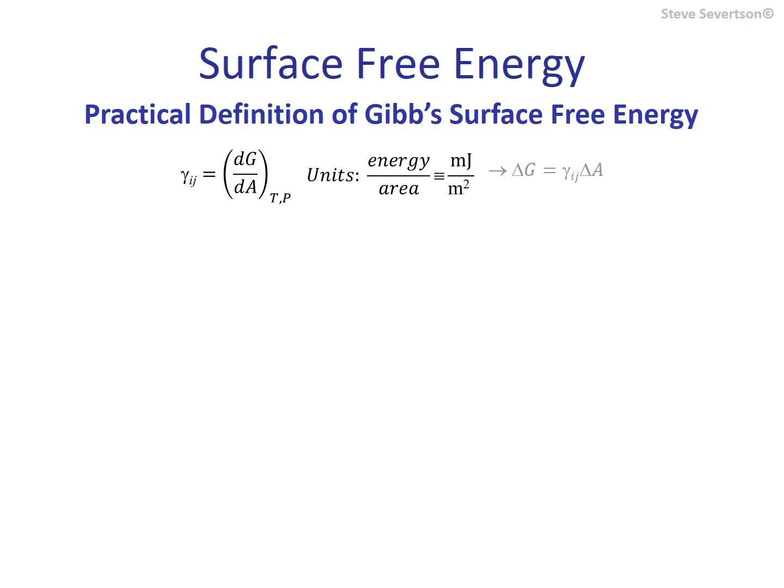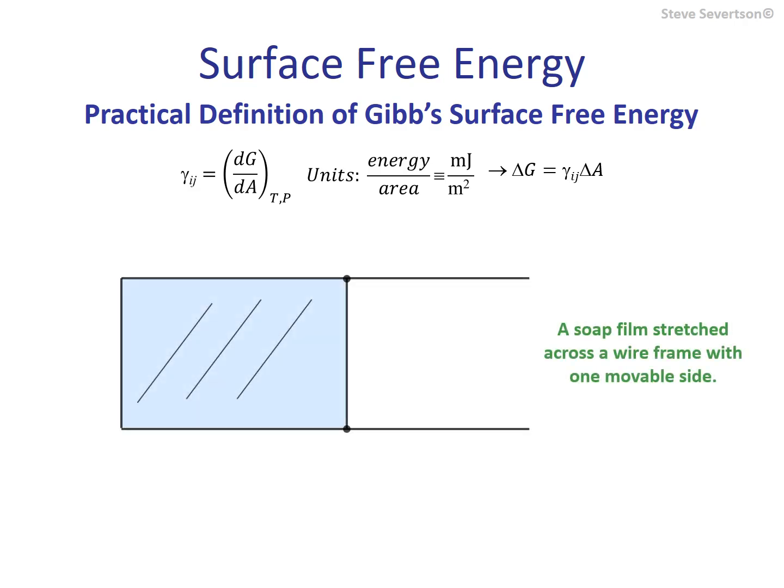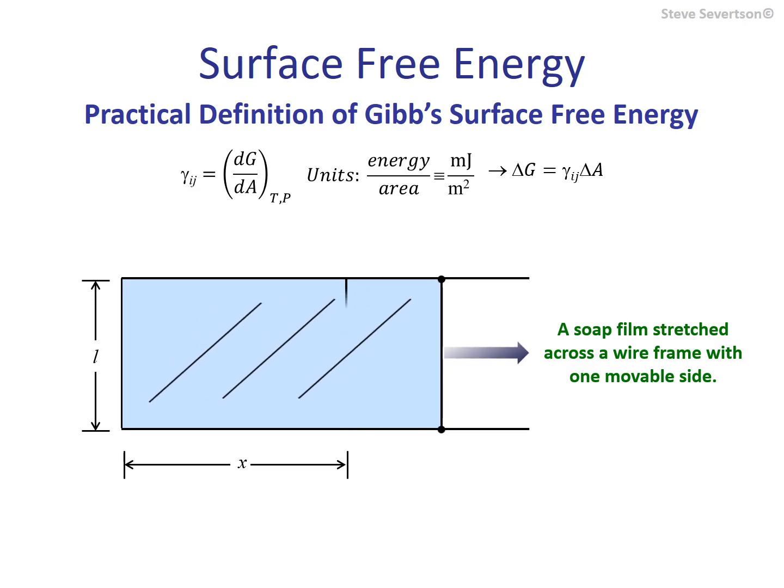The integration of the equation results in an expression for calculating the reversible work with an increase in surface area. We can use this to estimate the work required to expand a soap film stretched across a wire frame of dimensions L by x. One side of the frame is movable. We calculate the work required to expand the wire frame a distance delta x at constant temperature and pressure as the final area minus the initial area multiplied by the surface free energy. The factor of 2 is due to the two-sided nature of a soap film, which consists of liquid trapped between